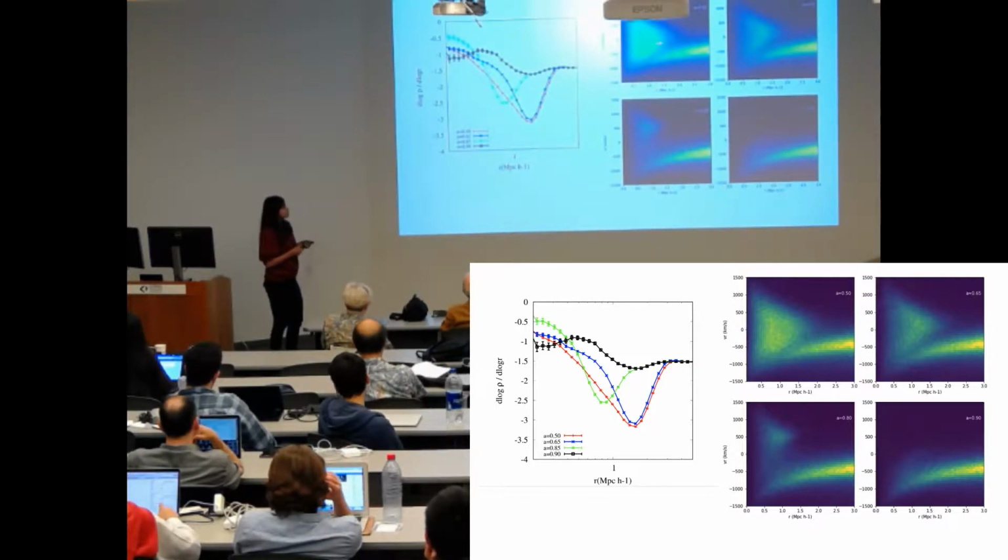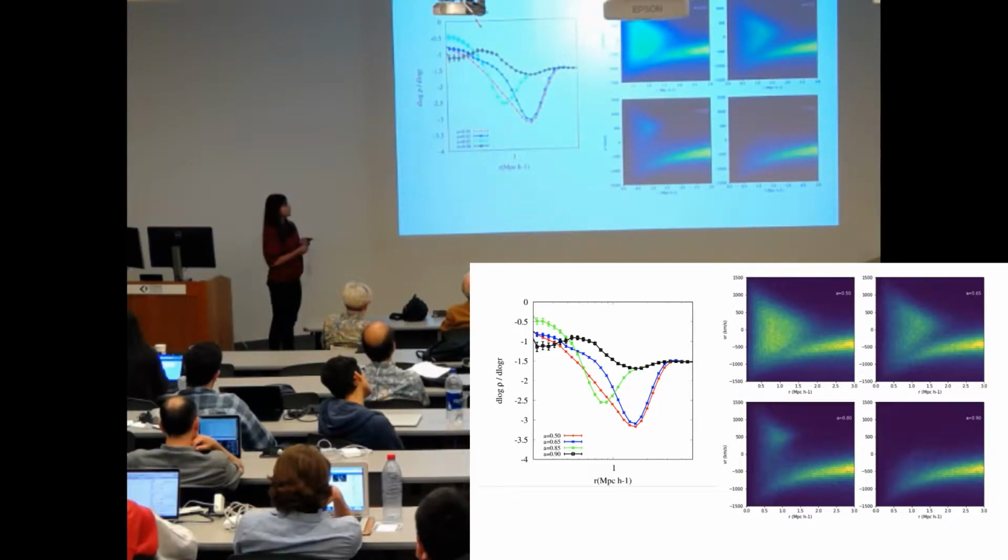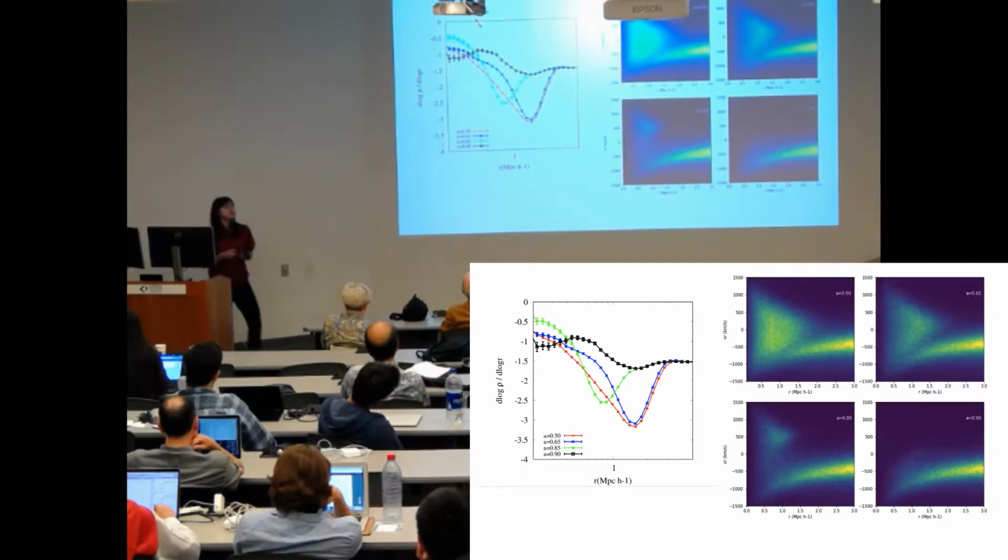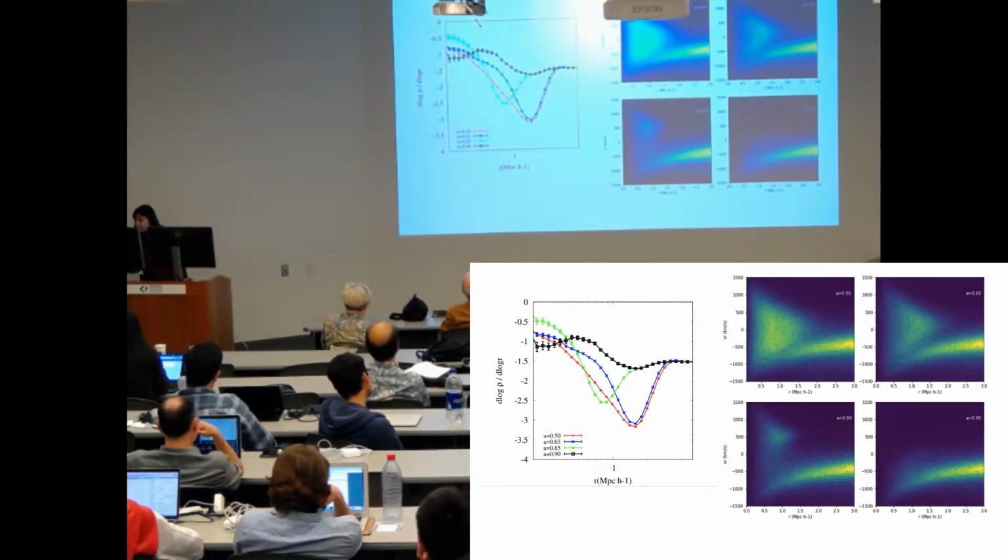For example, if I take a simulation and plot the phase space of objects that are on infall, or that have been accreted after a of 0.8, this is the infall stream, and I get this black curve, which does not show a really strong splashback feature. It's more or less consistent with being infall. Whereas if I take things which have been accreted long back and have stayed in the cluster for a long time, they have the strong clustered component, and you start to see these splashback features. So what we're trying to do is use splashback as a clock.